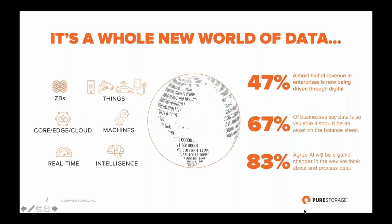I'm sure we've all seen slides that talk about the growth of data, and no one's deleting data, and things are getting bigger. One of the most important things really is that data is an asset. We say that 67% of businesses say it's so valuable, it should be an asset, because without data, your business is nothing. We are all in the business of consuming data, storing data, but also analyzing data. You don't just want to keep the data, you actually want to do things with it to gain intelligence